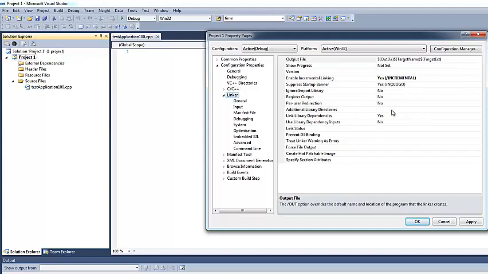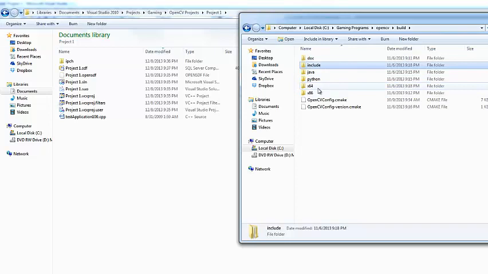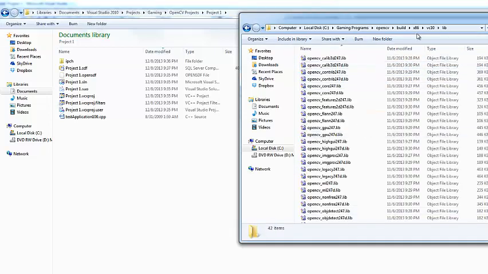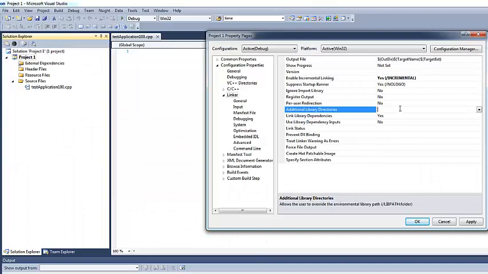The next option is setting up my additional libraries. The additional libraries, if you remember from my build x86 VC10, they're in the lib folder. So I'm going to have to do the same thing that I did with the binaries. I need to do that with my additional linked libraries, which is going to be OpenCV_DIR_32_VC10\lib. This will associate my libraries